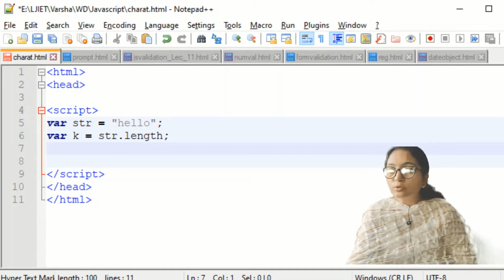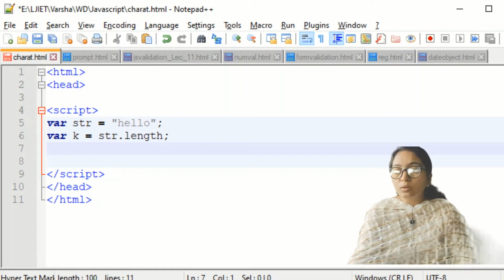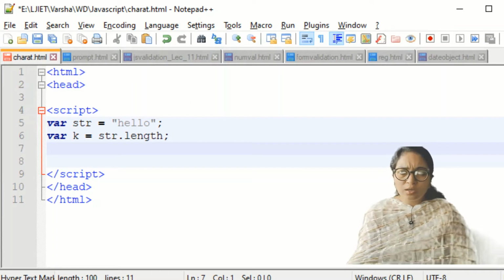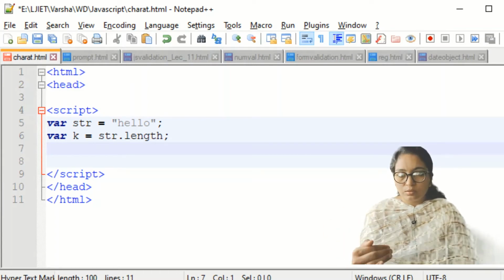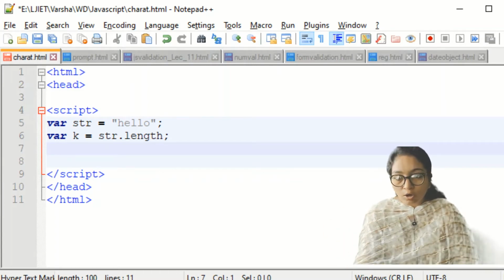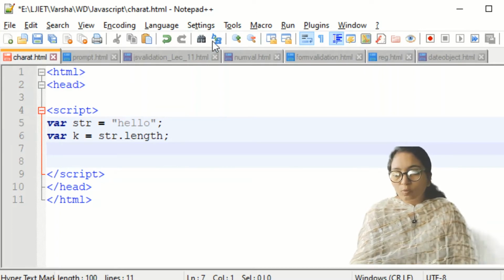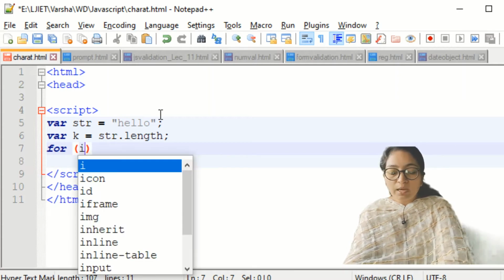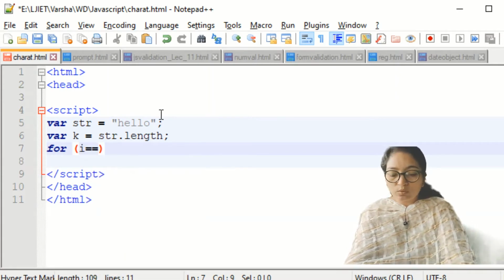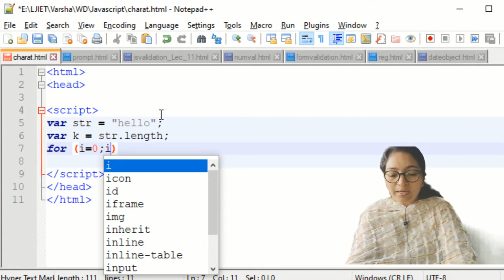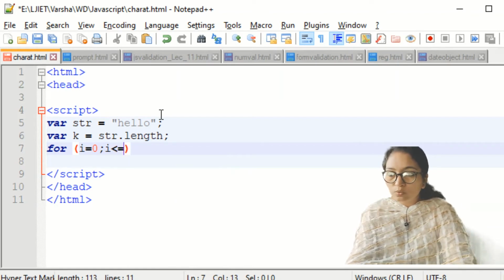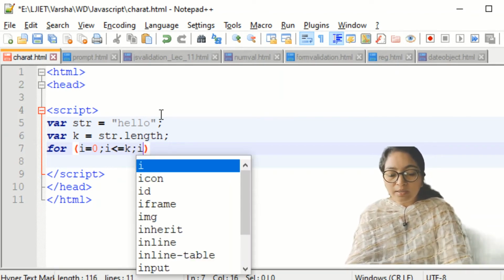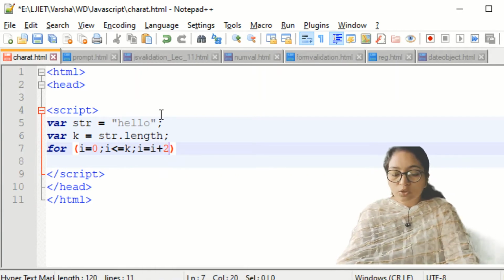Then you have to use a for loop, or any other loop like a while loop, to check the characters at the odd positions. Suppose we are using a for loop right now: for i equal to 0, i less than or equal to k, i equal to i plus 2.